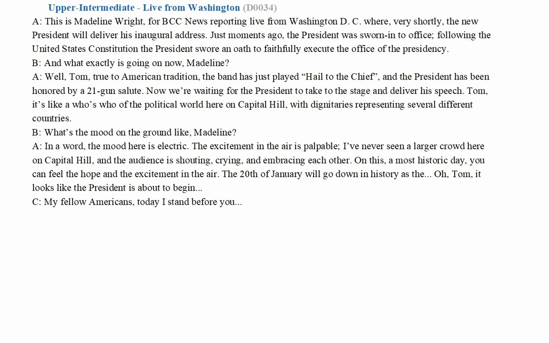Tom, it's like the who's who of the political world here on Capitol Hill, with dignitaries representing several different countries. What's the mood on the ground like, Madeline? In a word, the mood here is electric. The excitement in the air is palpable. I've never seen a larger crowd here on Capitol Hill. The audience is shouting, crying, and embracing each other. On this, a most historic day, you can feel the hope and the excitement in the air. The 20th of January will go down in history as the... Oh, Tom, it looks like the president is about to begin. My fellow Americans, I stand before you today